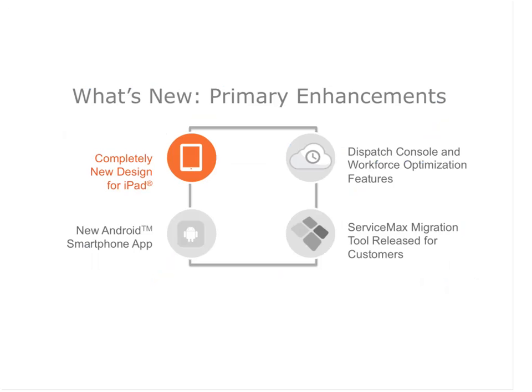Okay, moving on to iPad. So our iPad app has actually been around since about 2009. It's one of the earliest adopted iPad and mobile applications for field service, period. And we're really proud of that because what it means is our customers have been adopting it and using it for years now, and we've collected all of that input from frontline users that are out there in the field servicing their customers on job sites, whether it's at an oil rig or in a hospital or just at a